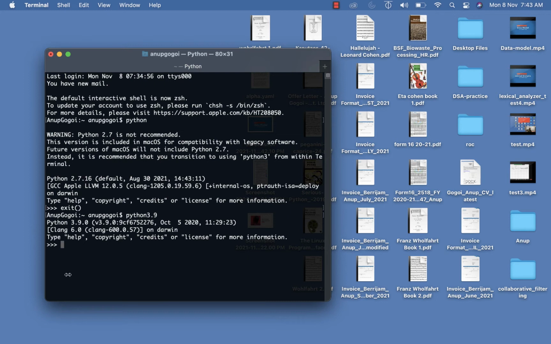Let's type None. As you can see, None is a built-in in Python, so that's why it doesn't give any error. But if we type anything else like ABC, it will give an error: ABC is not defined, because ABC is not a built-in. Built-in means